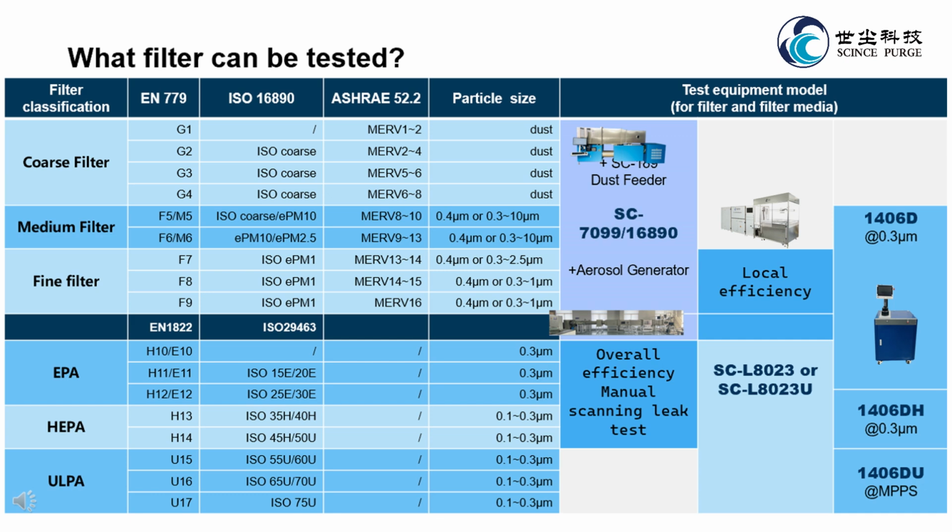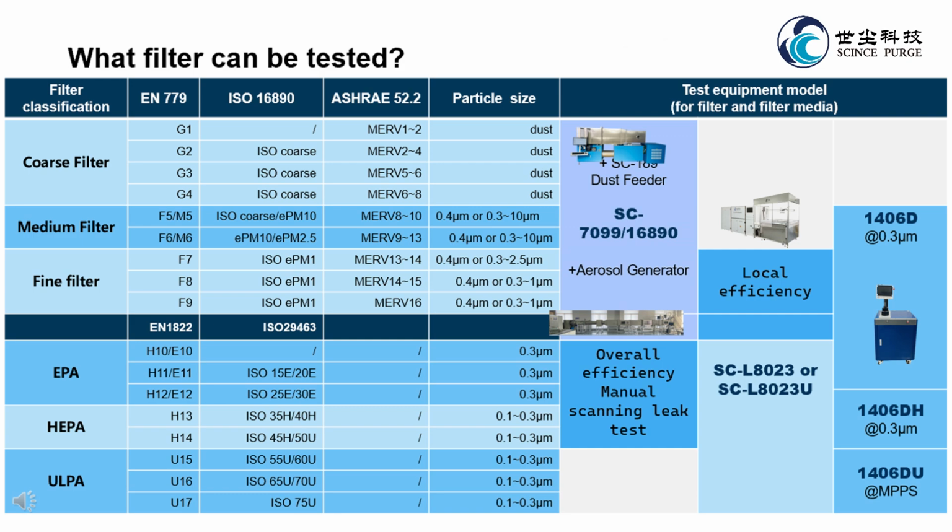ISO 16890, EN 779, and ASHRAE 52.2. These standards apply to fine filters and below. They require testing of filter efficiency for various particle sizes and may include dust loading tests. These methods focus on measuring overall filtration efficiency. H13 and above filters: standards require individual leak testing for these filters, usually conducted with automatic scanning equipment for comprehensive